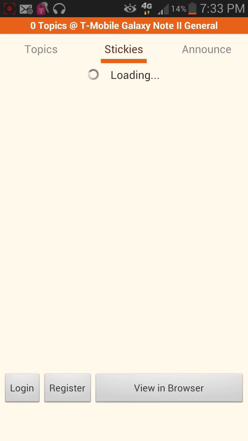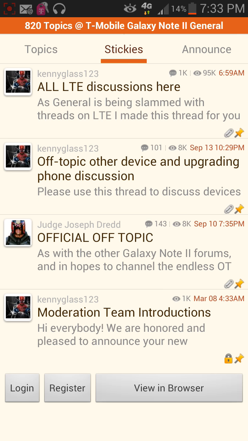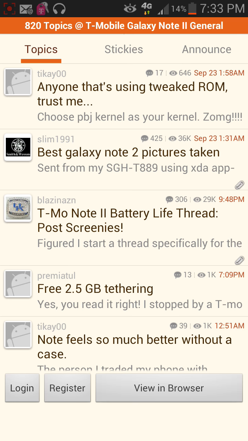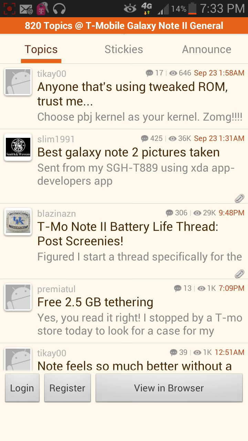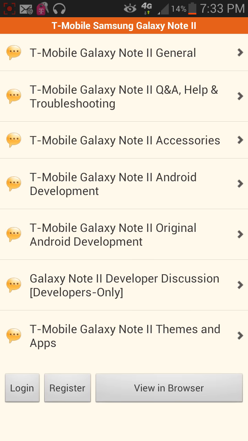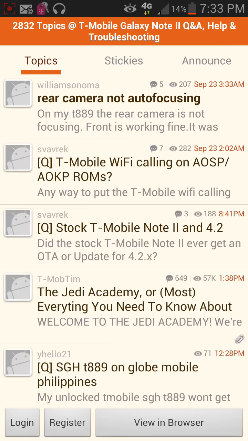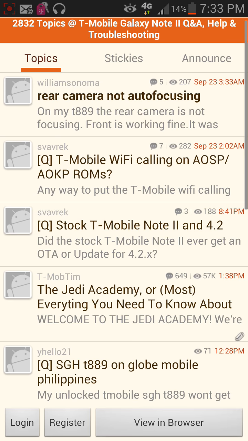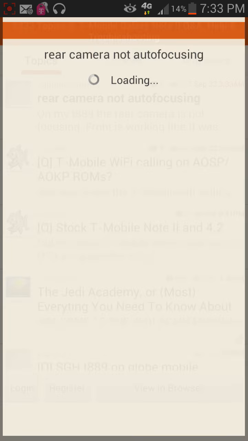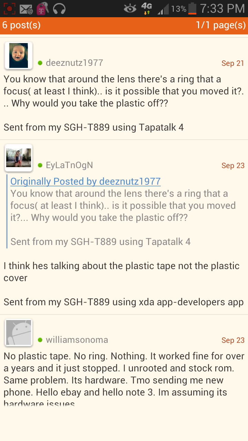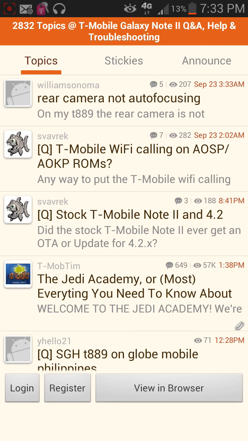The stickies is basically stuff that you should read before you start reading on the topics for the most part, usually, because stickies contain information that's pretty important or need to know type of stuff. But anyhow, so there you go, general questions and answers. And if you have any questions, see here's what you would do. Wow, mine does this right here. It doesn't focus very well, but anyhow, so like I'm saying,